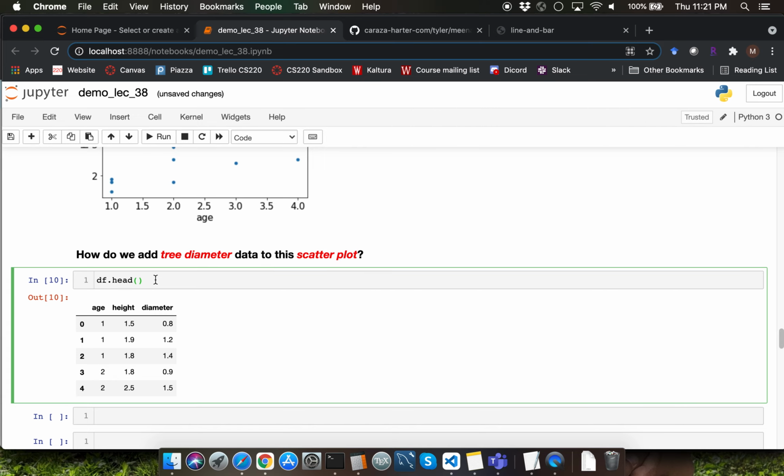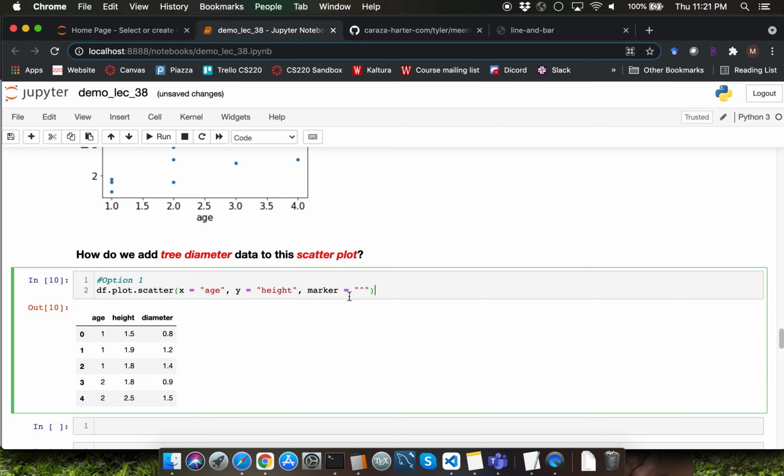If you were thinking that would be size, you had the correct answer to my question. There are going to be two different options for you to do this setting. Let me give you the first option first. I'm going to use the parameter name as s here, and as the value I need to specify the string column index, which is going to be diameter over here.